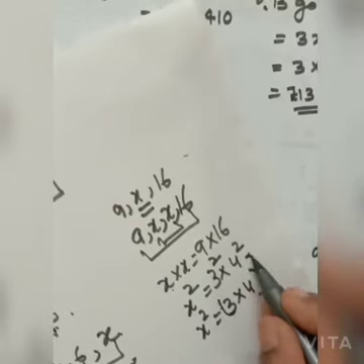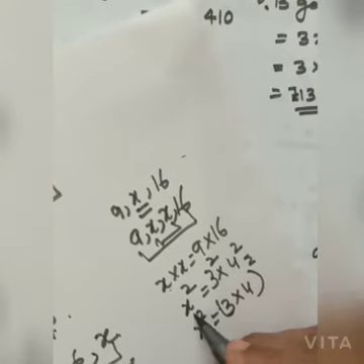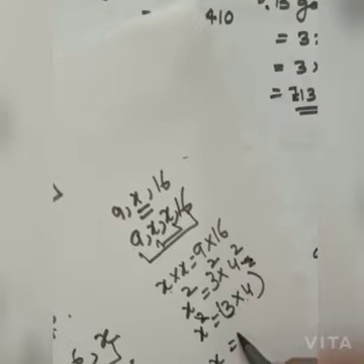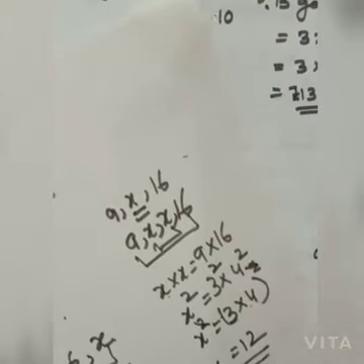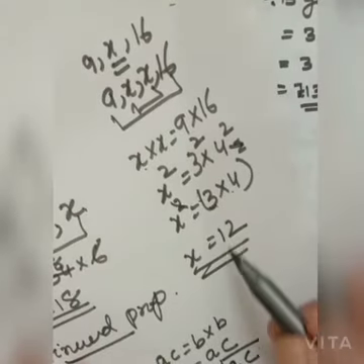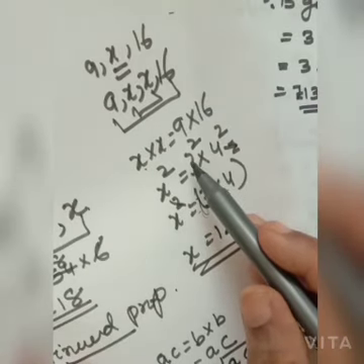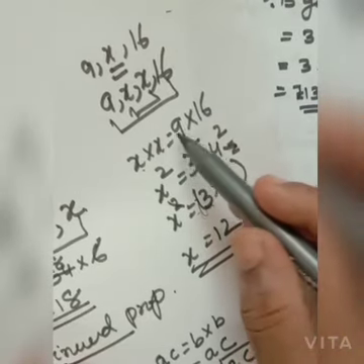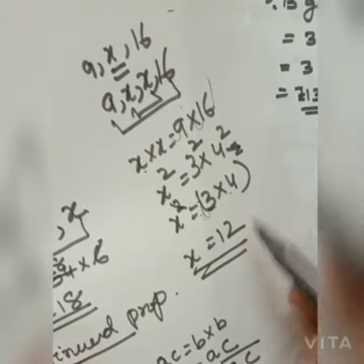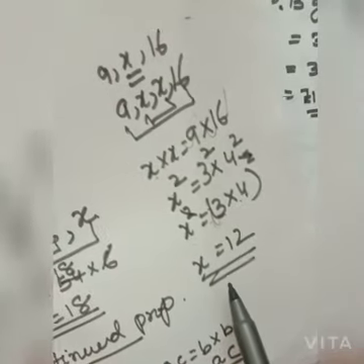Am I right? 2 powers are there, I have taken it as common. Here the 2 will be cut off. Then x equals 3 fours are 12. That is called square root. Square root means which number multiplied 2 times. Square root of 9 is 3. Square root of 16 is 4. Okay, this is also one method.